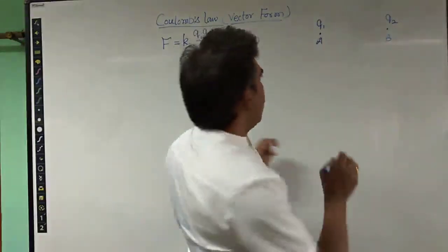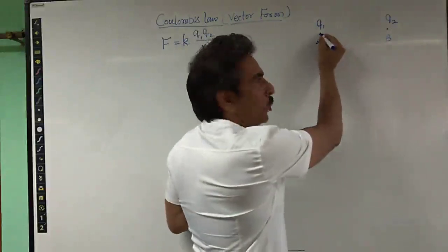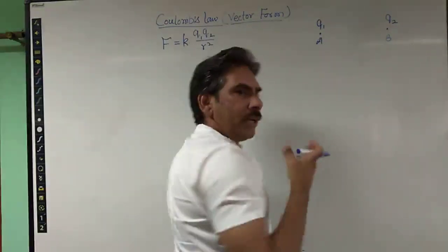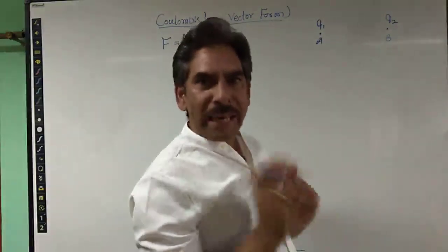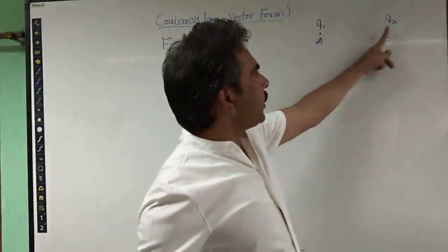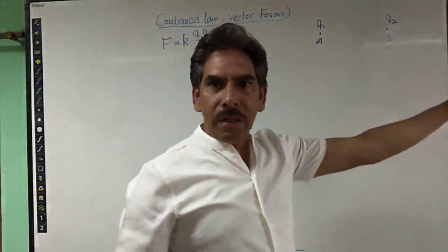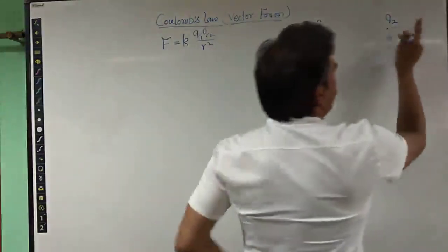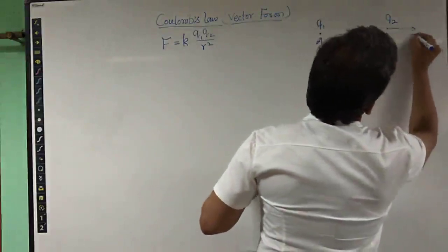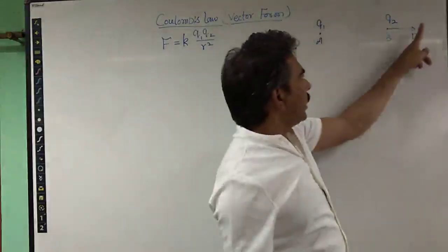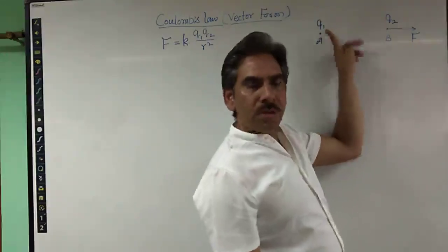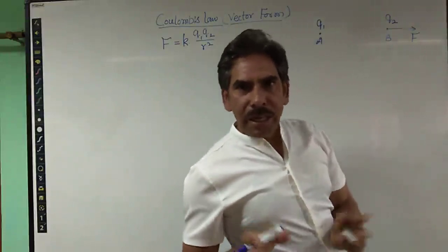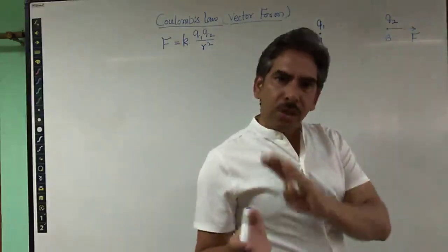So first I represent the force exerted by charge Q1 on the similar charge Q2, as I am taking the case here. What kind of force will it exert? A repulsive force. Due to that repulsive force, this charge Q1 will try to make the charge Q2 move away. That is the effect of repulsive force. So the force exerted by Q1 on charge Q2 will be away from charge Q1, because I am taking the charges to be similar. You can take the charges to be unlike. You represent the force according to that situation.